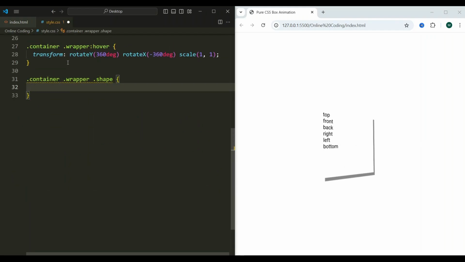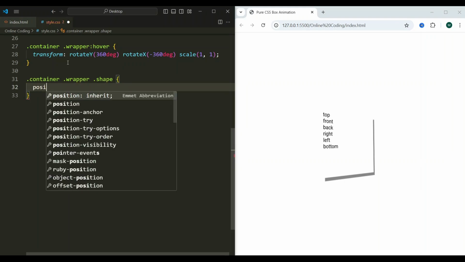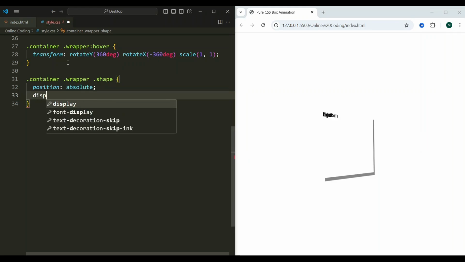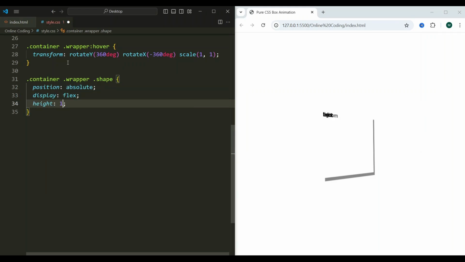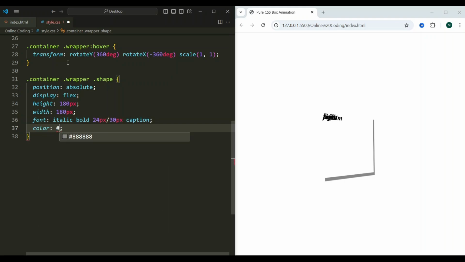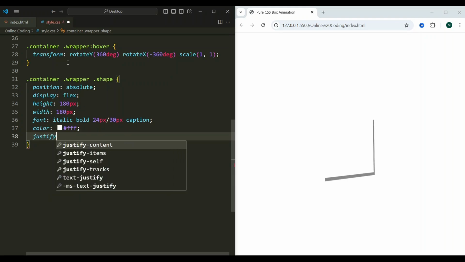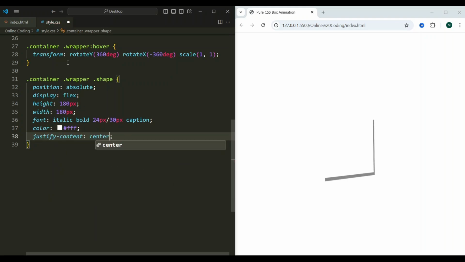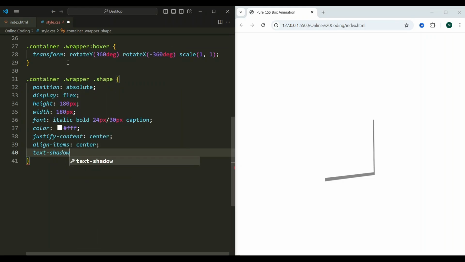Each face of the box is styled using the shape class, and unique styles are applied based on the specific face class. Position: absolute. Display: flex. Height and width: 180px. Font: italic bold 24px/30px caption. Color: #FFF. Justify-content: center. Align-items: center. Text shadow: 1px 1px 0px #000. Border radius: